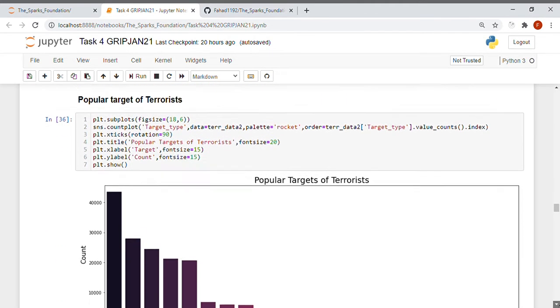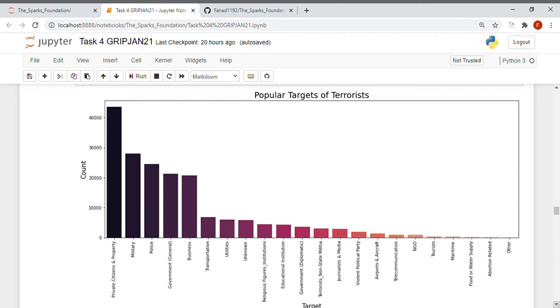Popular targets of terrorism. Who are the main targets of terrorism? It is actually the private citizen, the civilians. It's a sad thing because civilians have no connection with any kind of violence. They are victims of this terrorism. Then comes the military. Sometimes terrorists target the military, like in the Middle East, US bases in Afghanistan or Iraq,